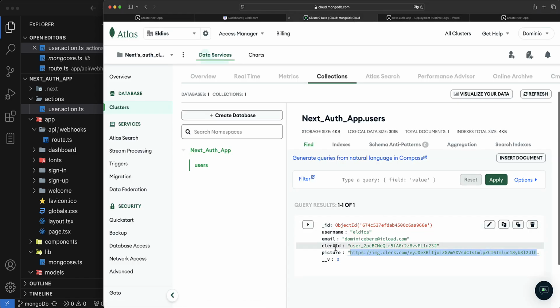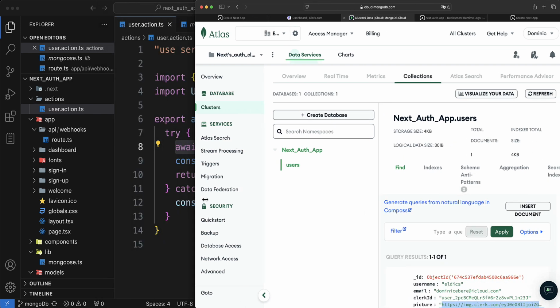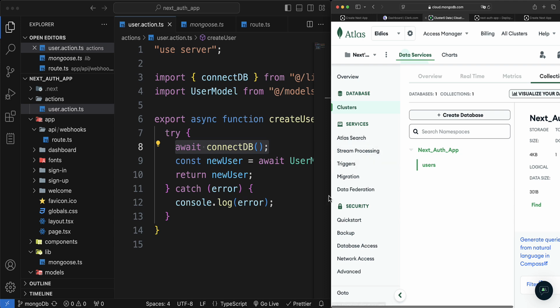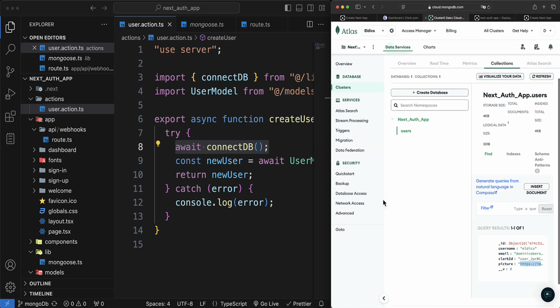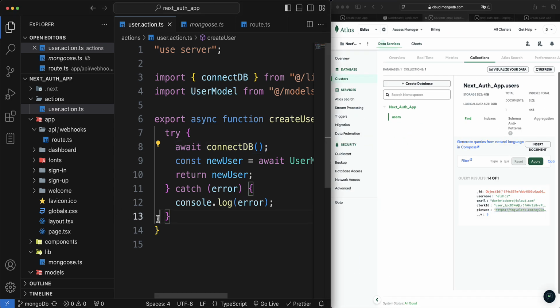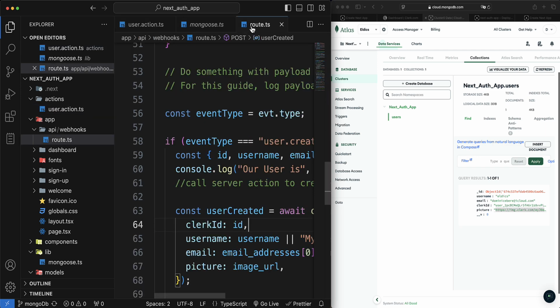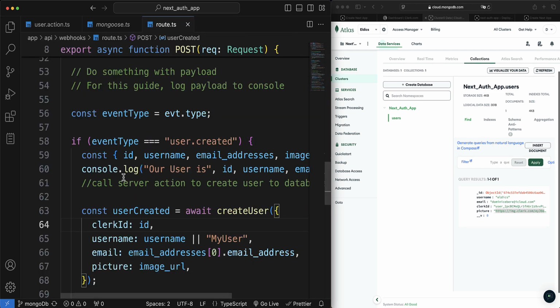Yeah, and good, we're getting our user on our database. So from here we can do anything that we want to do on this data. We now have our own user database. Awesome. So the next thing I'm going to do now is come right here and go to the route. So we can also flesh out the ones for our